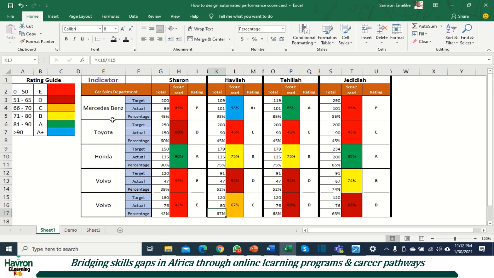Over here we have these indicators. These are the different brands of cars. These are their targets. This is the actual performance in terms of number, the number of units to sell, and the actual number at the end of a review period. And then here we have the performance